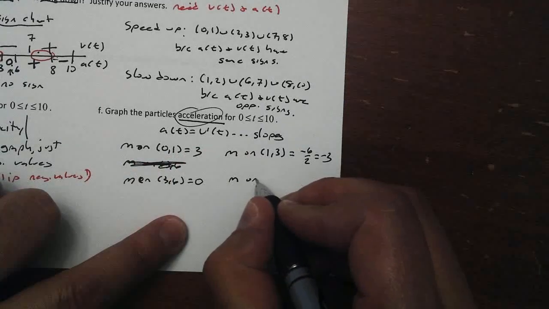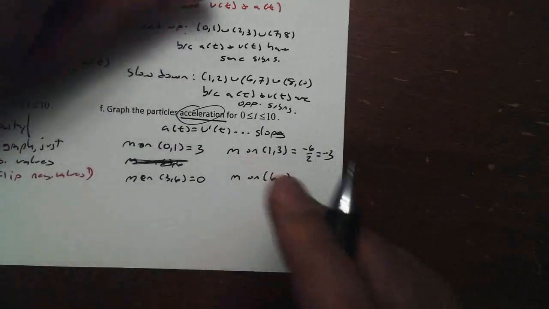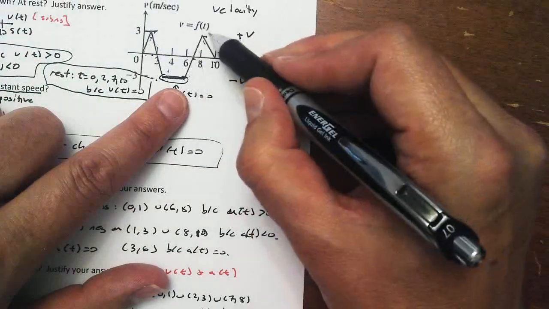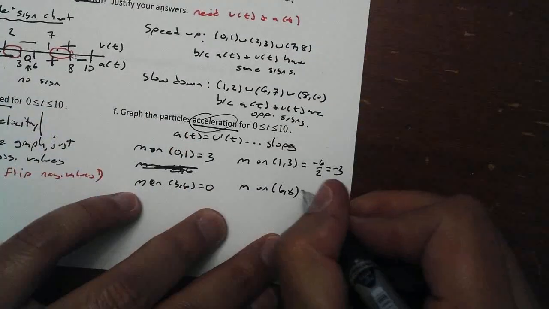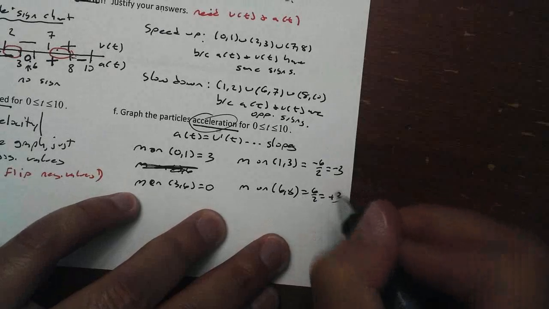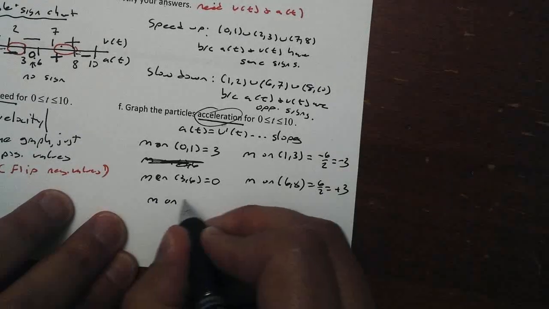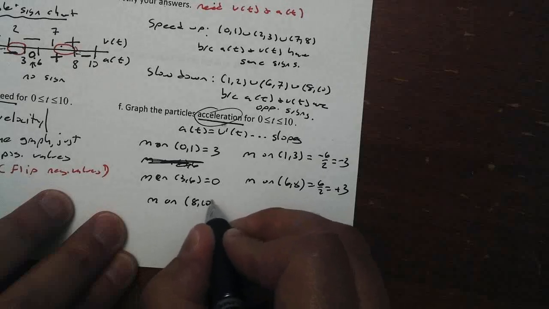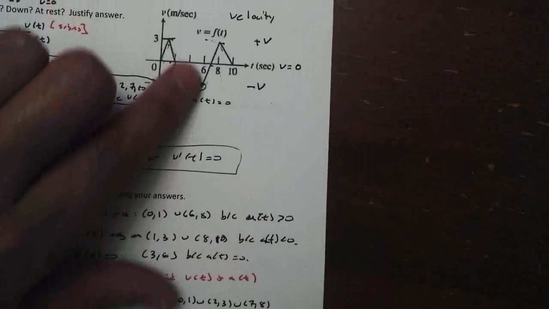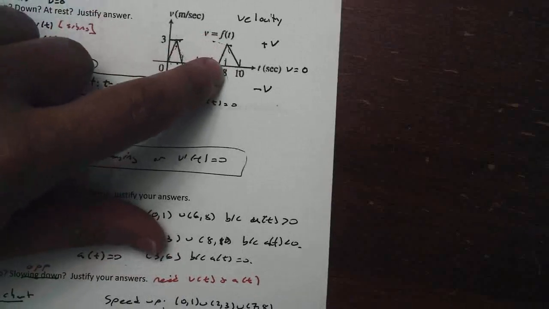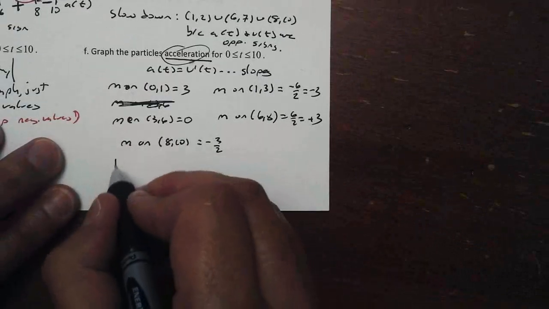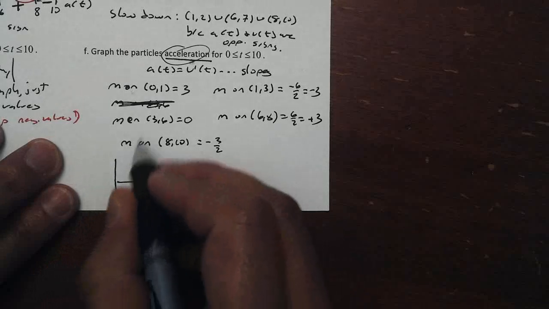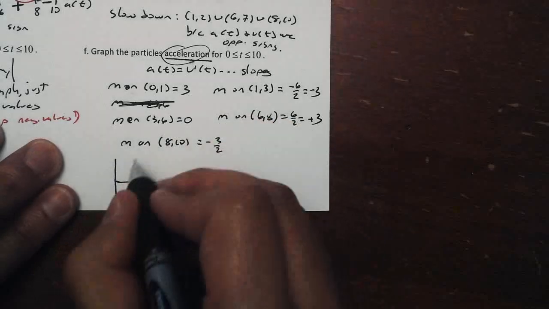The slope on 6 to 8, well, let's go back up here to our graph. Between 6 and 8, it's up 6 over 2. So it's 6 over 2, which is positive 3. And then the last one, the slope on 8 to 10, we go up here, between 8 and 10, it looks to be down 3 over 2. That's negative 3 halves. So if I wanted to graph this, on 0 to 1, the slope is 3,